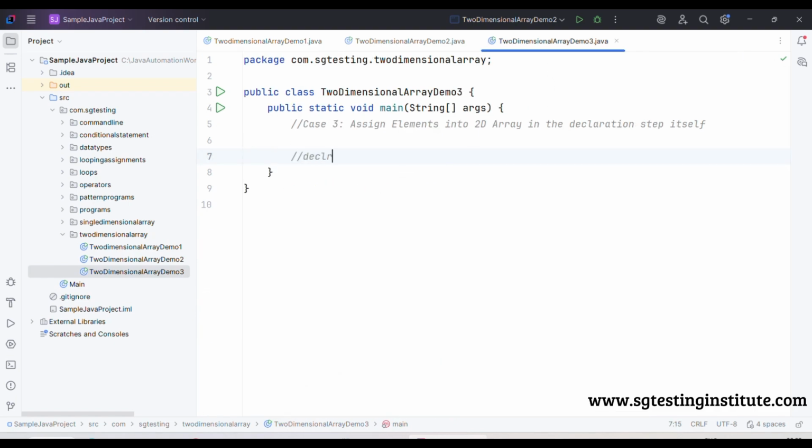Declare and assign elements. So assign elements. So int